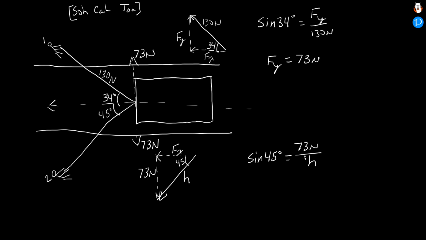And so again, I've got my variable on the bottom here. So what I'm going to do is swap these two things out. The hypotenuse is going to be equal to 73 newtons divided by sine of 45 degrees. Let's punch that in and see what we get. 73 divided by sine of 45, and I get